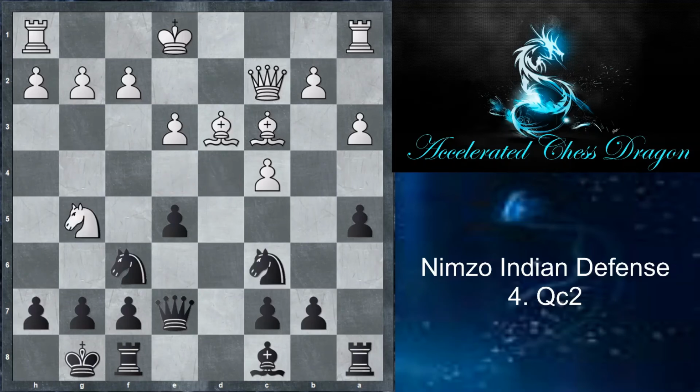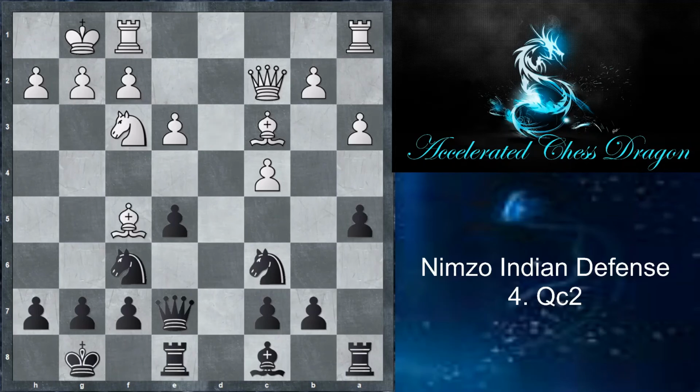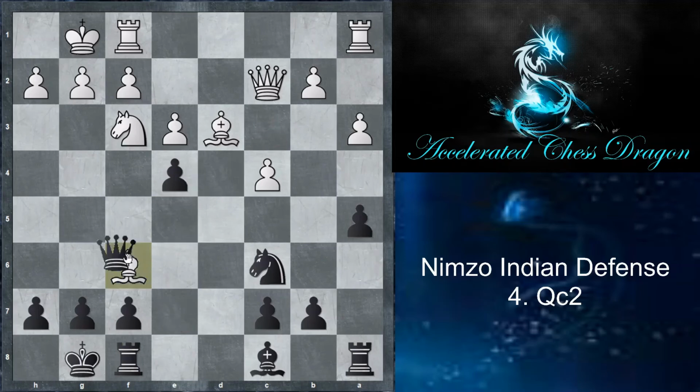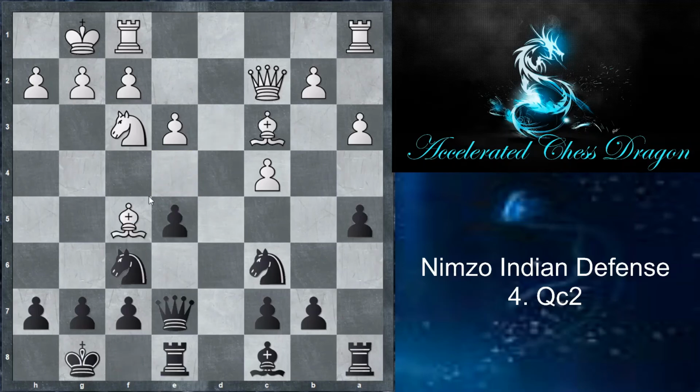So knight g5 is one move, but if you go for castles instead, then there's rook to e8, the bishop goes to f5. Note that you cannot fork the bishop on d3 and the knight on f3 with the move e4, because there's bishop takes f6, and after queen takes f6, the bishop will now just capture on e4, and you lost the pawn. And with the rook to e8, that move is now being prepared,